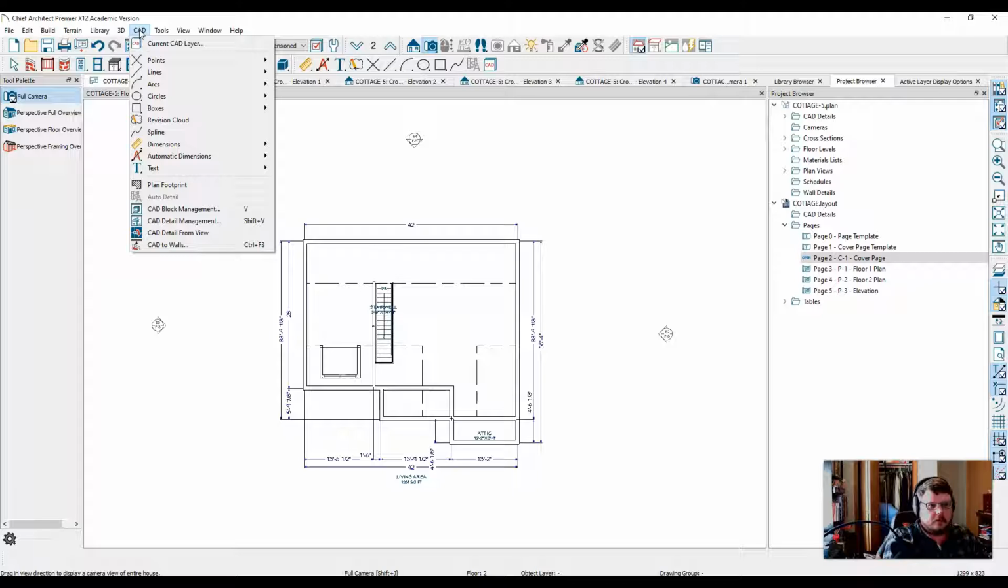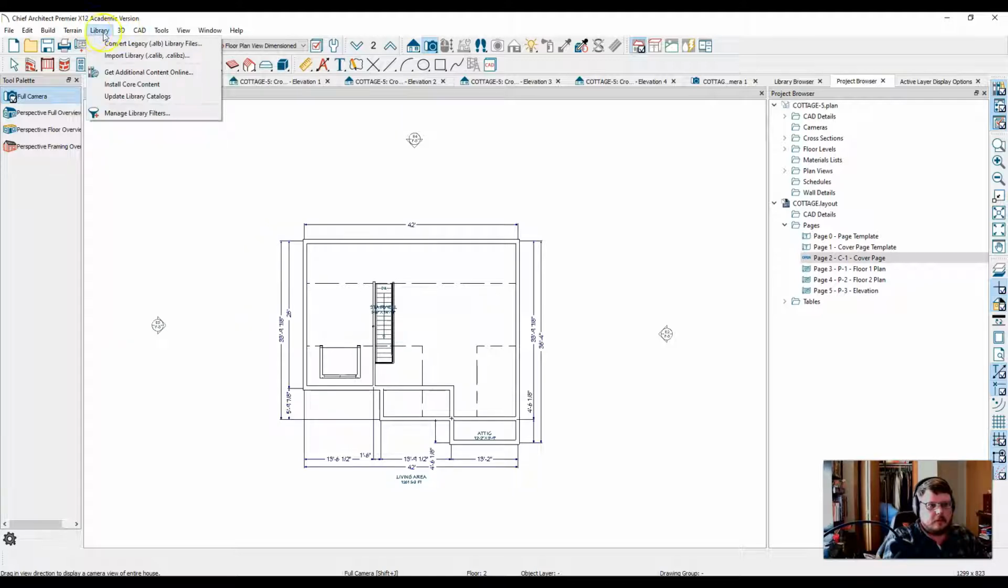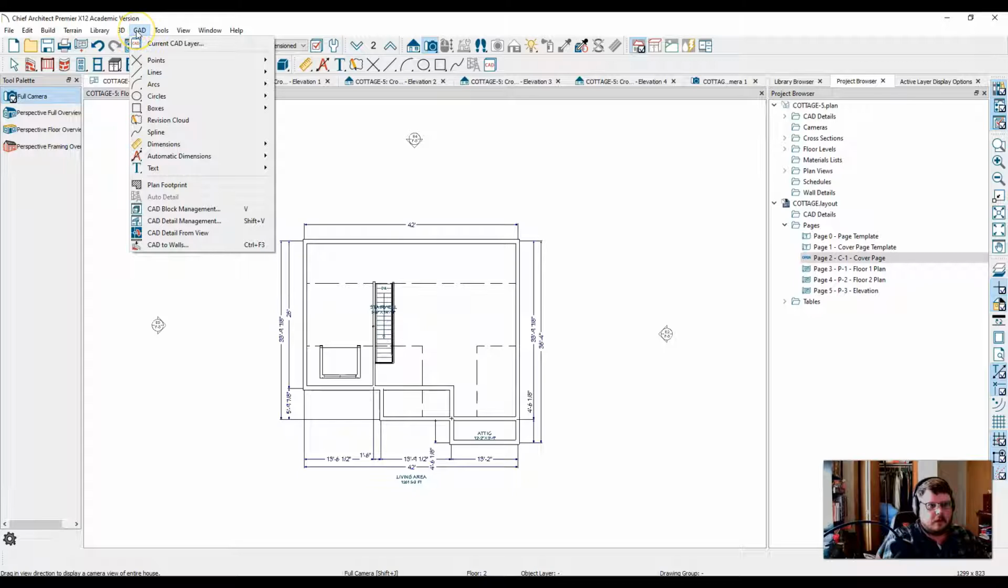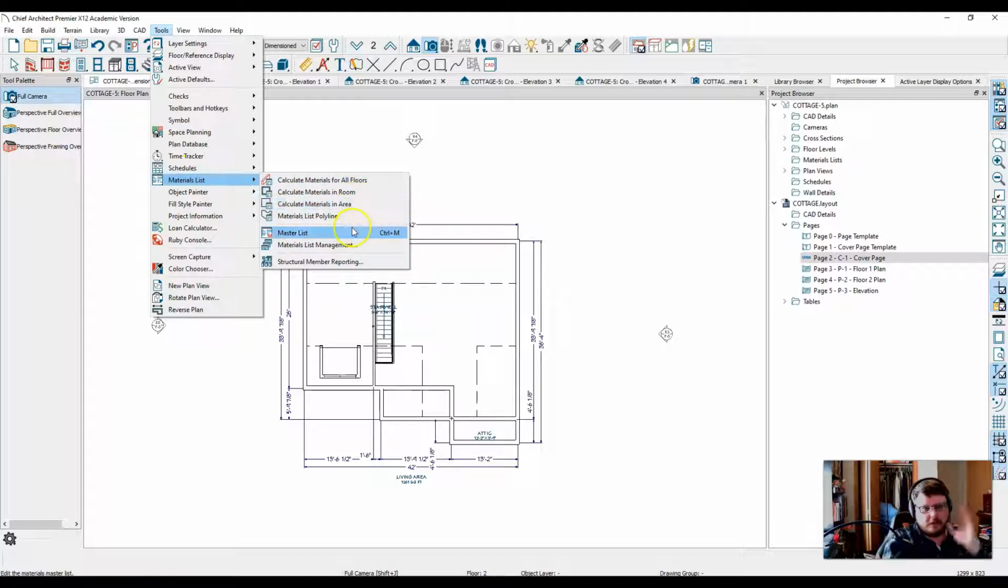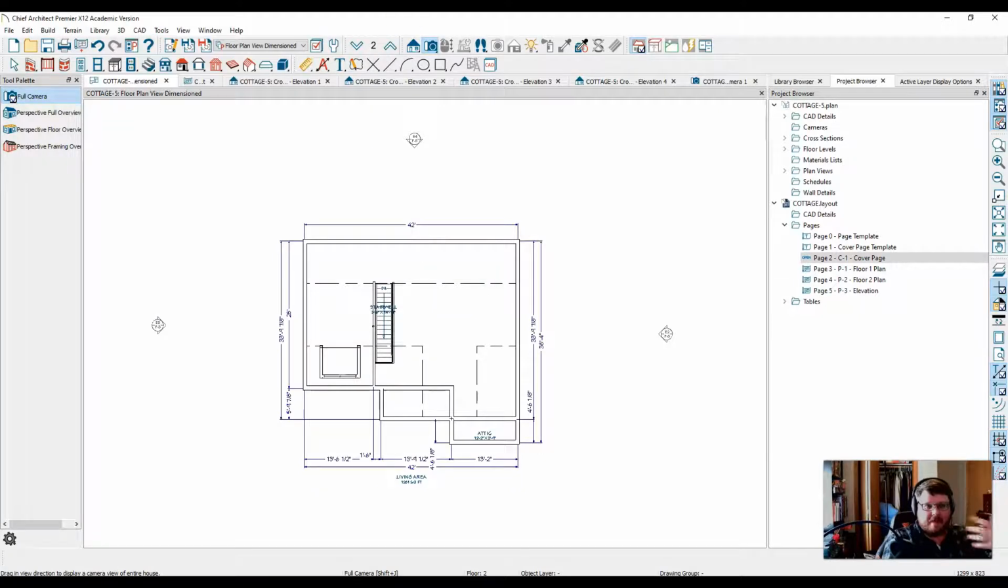So if I go into, where are the schedules? Oh, there they are, schedules. So here we can get all of our different schedules, wall framing schedules, and then other, materials list. You can calculate your materials for the entire project as a whole, and then you can add that to a layout. So the options are pretty limitless, and I hope that you can get something out of this,